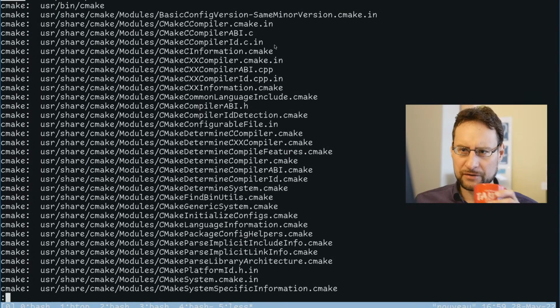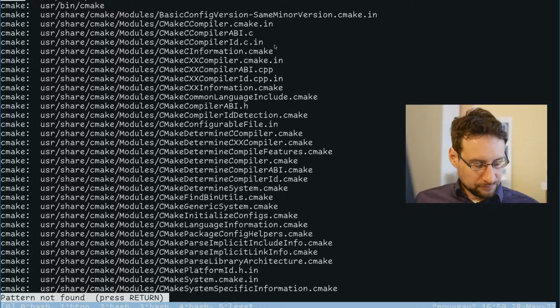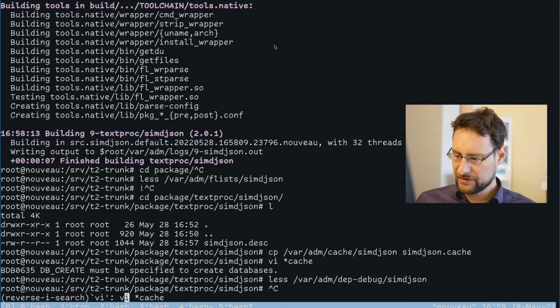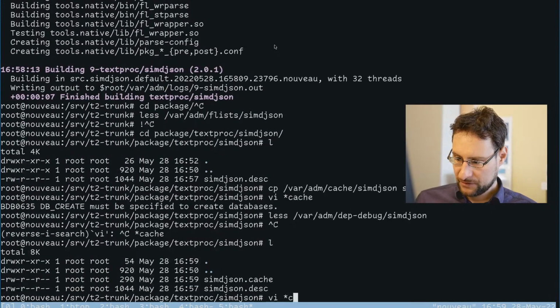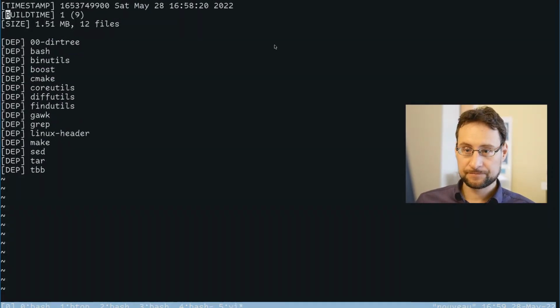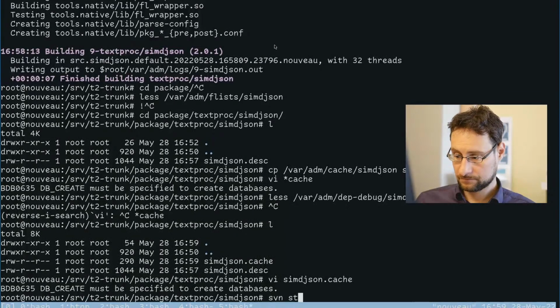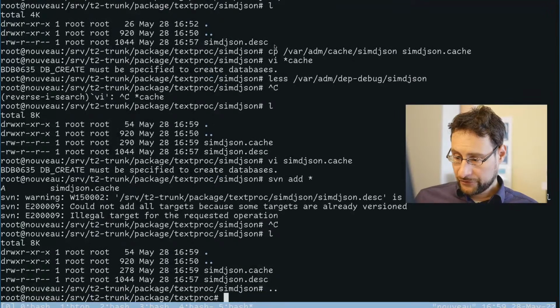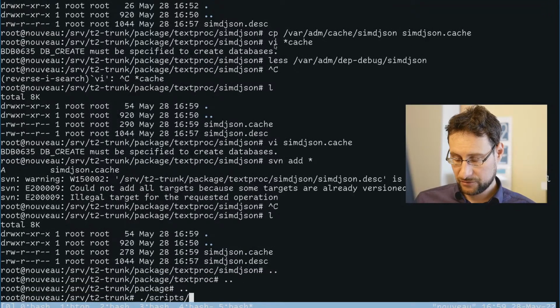Why is there some? Okay, it does not look... Yeah, this is why we sometimes have stray dependencies. We need to get better at that, to be honest. So there we have it. Another nice, amazing new package. Does it cross-compile? Oh, maybe it does. We can probably commit it like that.